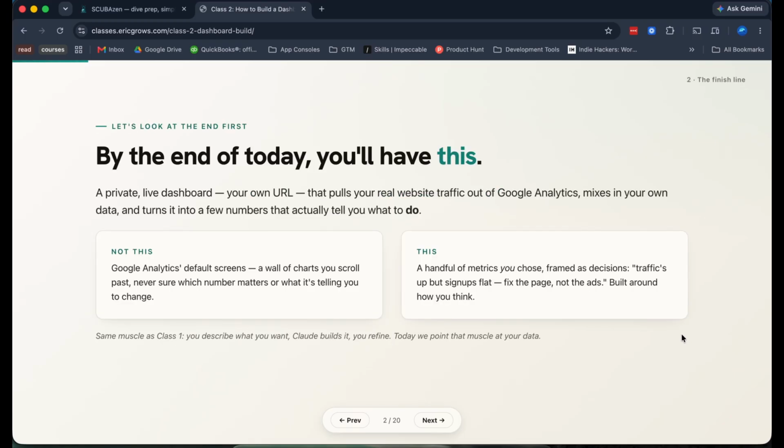All right, so by the end of the day, we'll have a dashboard that really fits the way that you understand and interpret information. The thing with Google Analytics and a lot of dashboards is they're pretty off the shelf and they're generalized for how experts in the field or just the general population understand information. And that's not really always that helpful because we all think differently and we all make decisions differently. So it's really important that you can have a dashboard that is actually actionable and you can actually use to better your company.